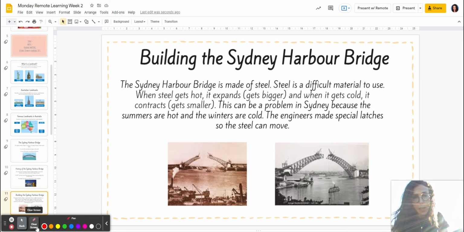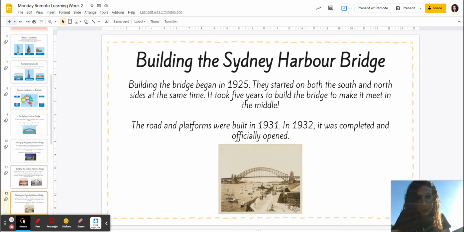One of the main issues that they came across was that the bridge was actually made out of steel. It's quite a difficult material to use because it does expand when it gets hot and it contracts, which means gets smaller, when it's cold. And because of Sydney's weather, the steel bridge will expand and contract based on the season. So the engineers had to make special latches so that the steel is able to move. We won't feel the movement, but they're able to allow some type of movement so the bridge itself can stay quite sturdy. The bridge began to be built in 1925